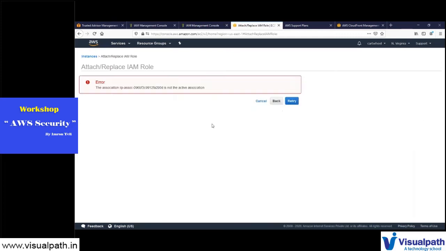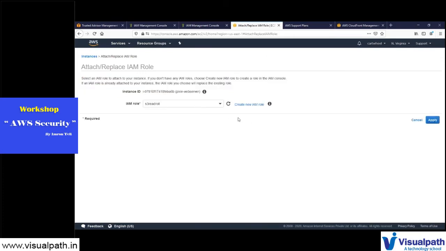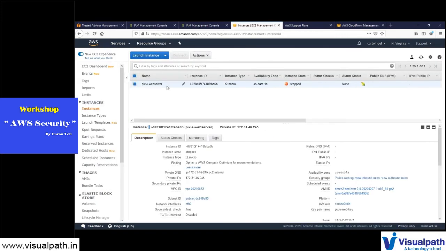Apply. Okay, it needs to be active, but anyway, we'll do that. So I attach the role, S3 let's say. Now if I use any S3 command from the EC2 instance, I don't need to use an access key and secret key. It will use the role. Now the benefit of a role is that internally it uses an access key and secret key, and you may have compliance in your organization to rotate credentials, right? Rotate credentials.